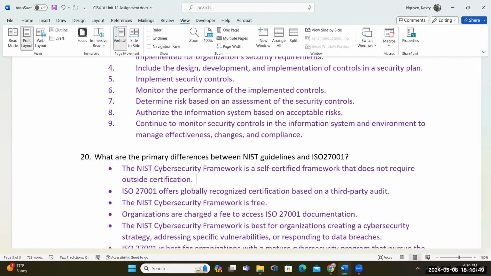For ISO 27001, it is a recognized certification, but it is going to be audited. That means that every so often, in order to meet that requirement, you're going to have an external auditor, right, that is qualified to audit for ISO 27001. They're going to come and check to maintain that certification, right? So when you see a company that's certified with ISO 27001, they go through the step process, then they are also being audited at least once a year.